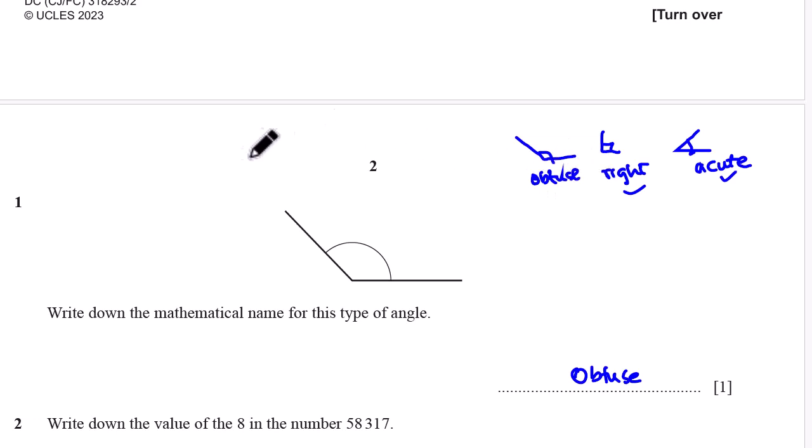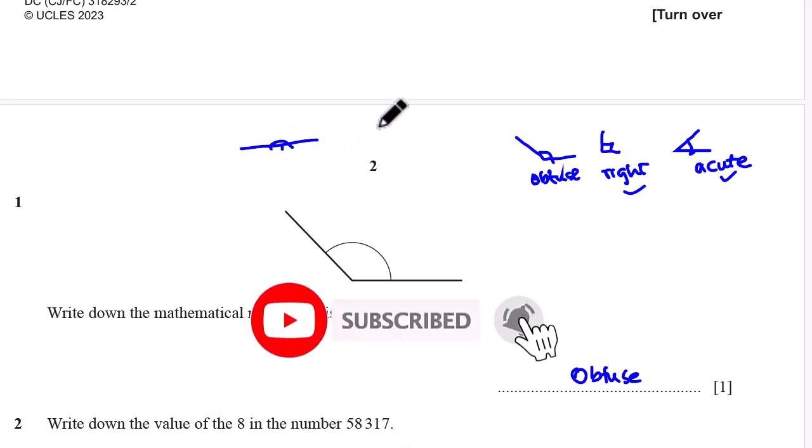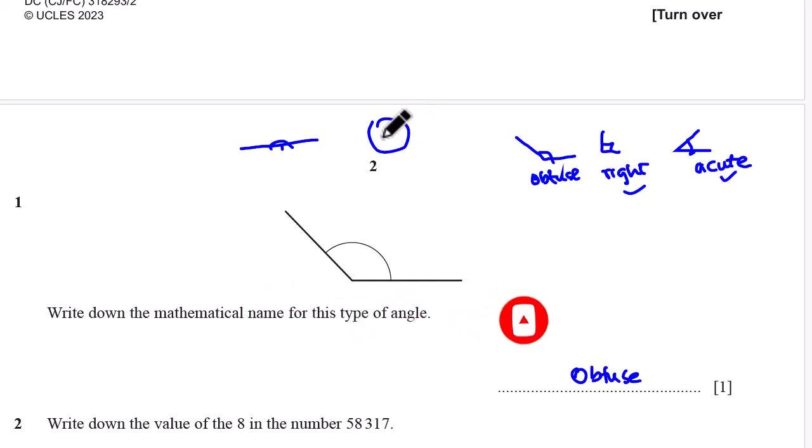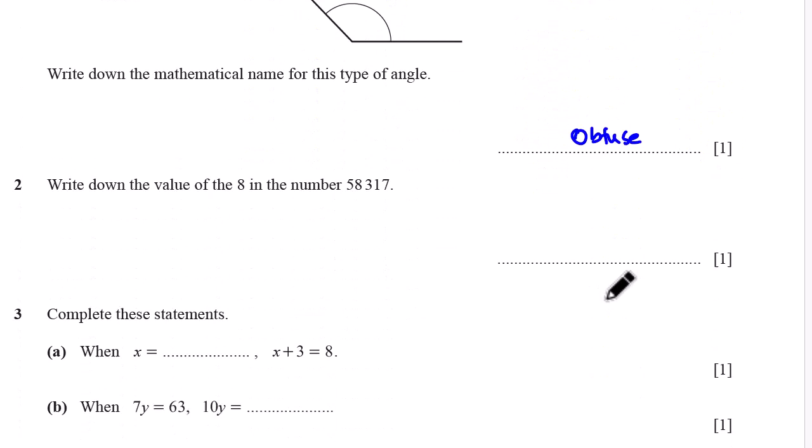Of course, we have other angles like angles on a straight line. We have angles at a point as well, but these ones do not have special names. Some will call this revolutionary angle, but this is just what you need, the obtuse angle for this particular question without wasting much time. Moving on to question number 2, it says write down the value of 8